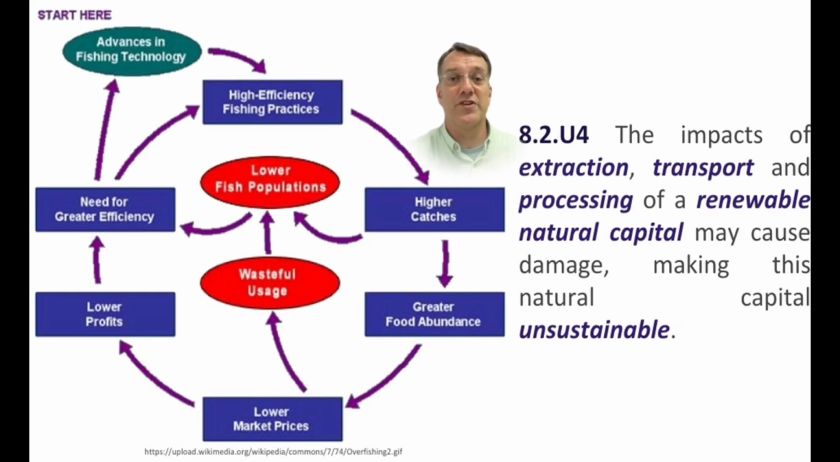Even renewable resources can become unsustainable due to how we extract, transport, and process them. Take fishing as an example. Technologies that increase fishing efficiency can lead to overharvesting, and that depletes fish populations faster than they can reproduce. This creates a destructive cycle. As fish become harder and harder to find, fishing technologies become more aggressive, and that further depletes populations until a